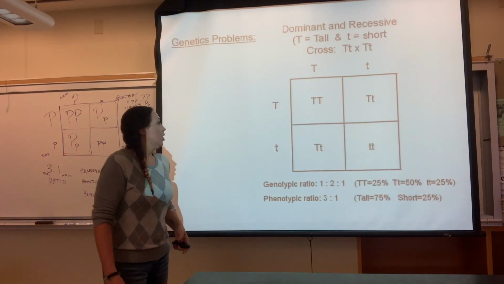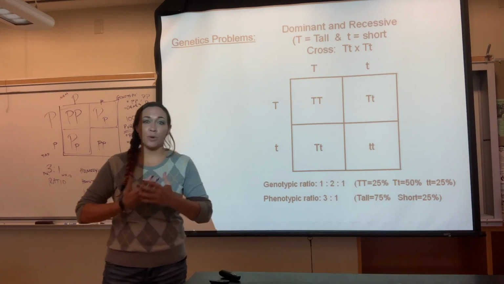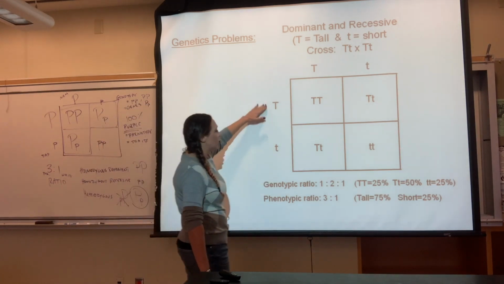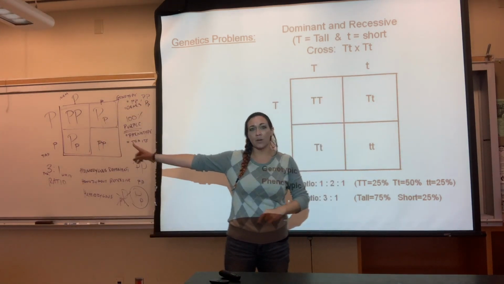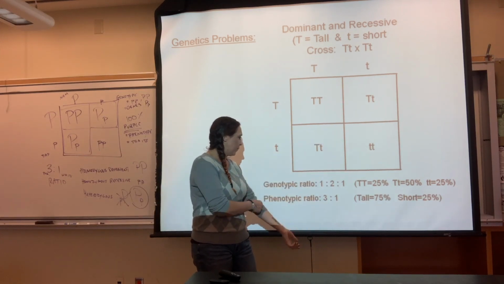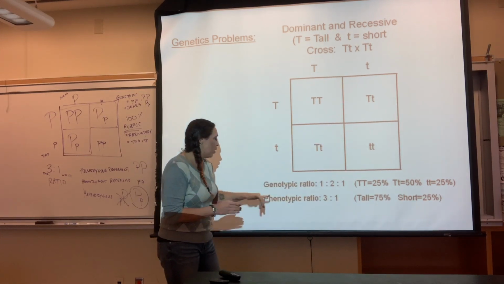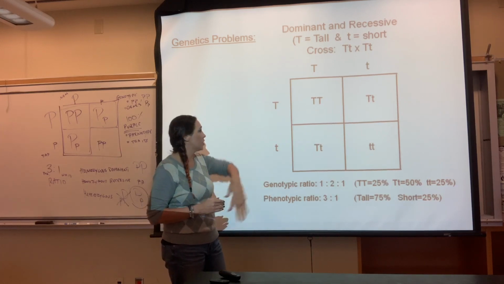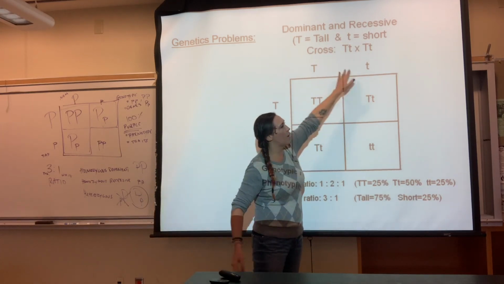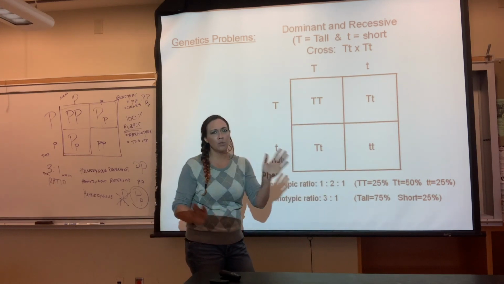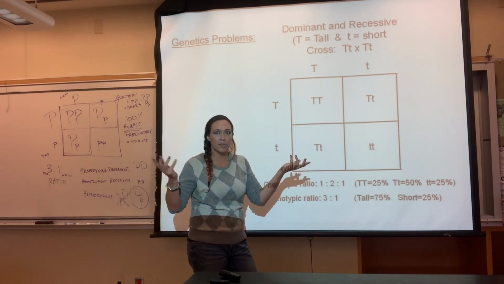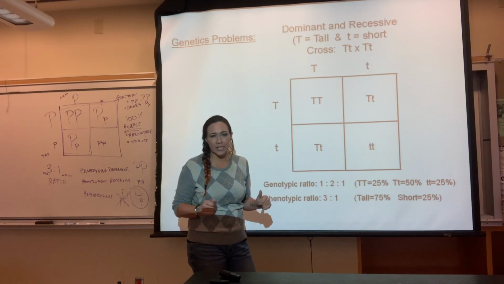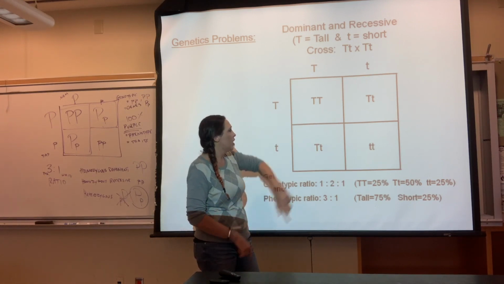So this is something just to practice on. In this case, we're taking 2 heterozygotes, just like we did up here on the board, and we're crossing them. When it comes to our genotypic ratio, meaning what are the genotypes present, all you have to do is count. Remember, we put dad over here, we put mom up top. It does not matter what order you do them in. It doesn't matter if you know who's mom or who's dad. You're just crossing them. It's going to come out the same anyway because we're looking for the total ratios.